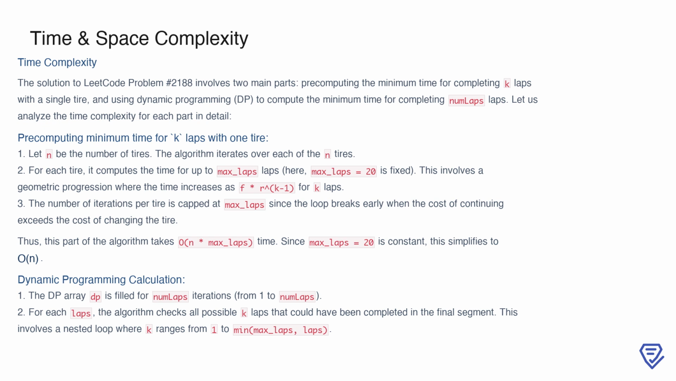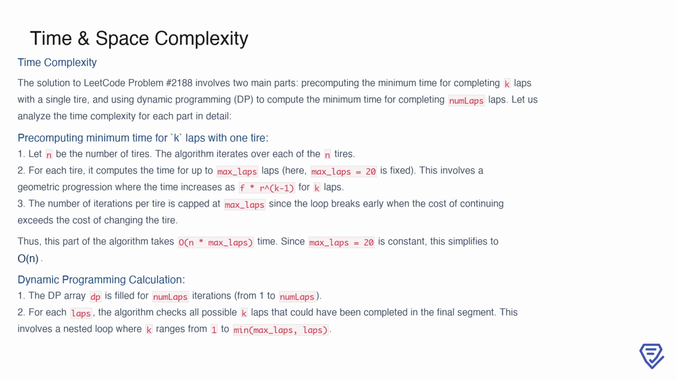Here, we iterate over n tires, and for each tire, we calculate the time required to complete up to max_laps. Since max_laps is fixed at 20, the number of iterations per tire is constant. The time for each lap is calculated using a geometric progression, where the cost grows as f * r^(k-1). However, we stop the computation early if the time to continue exceeds the cost of changing the tire. As a result, this entire step has a time complexity of O(n * max_laps), which simplifies to O(n),